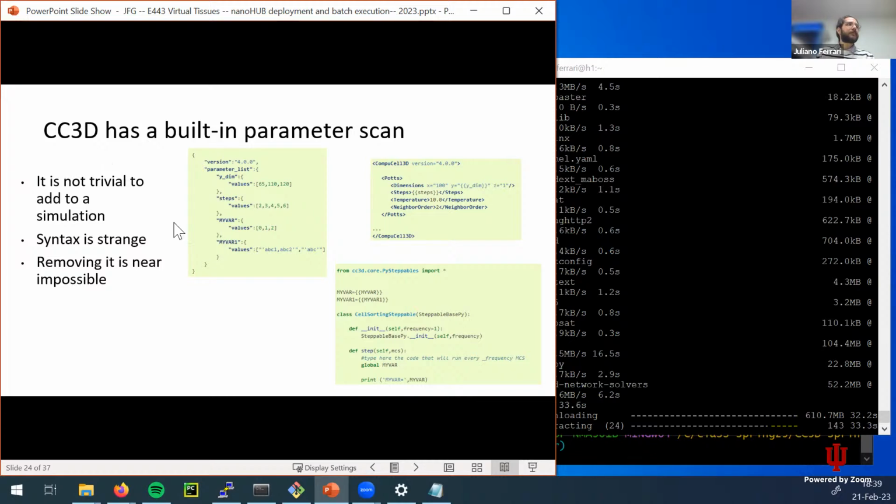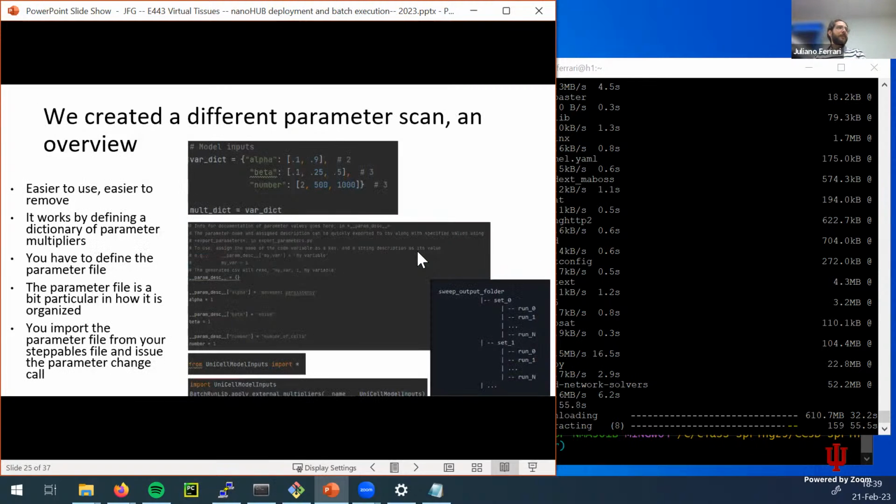So it's going to be similar to what we do. The inbuilt parameter scan uses a JSON file where you list parameters, and then in Python and XML you do double curly brackets parameter name, and then it's going to look in the JSON file for the value. But let's not bother with that, because we have created a different parameter scan